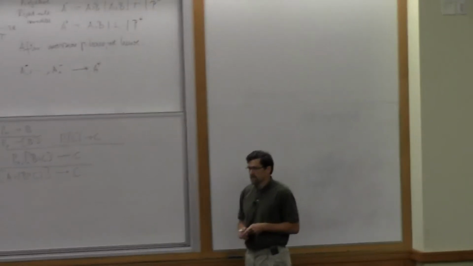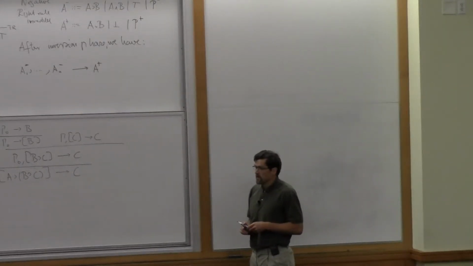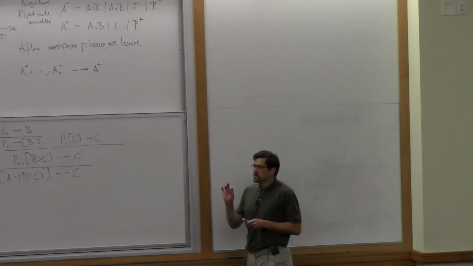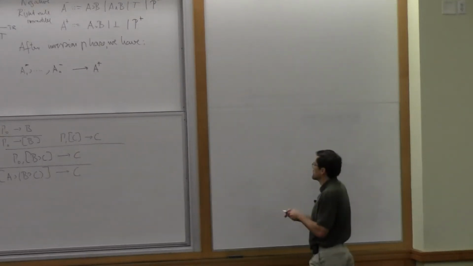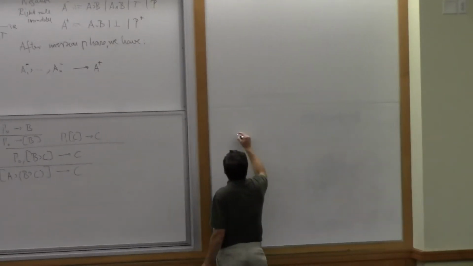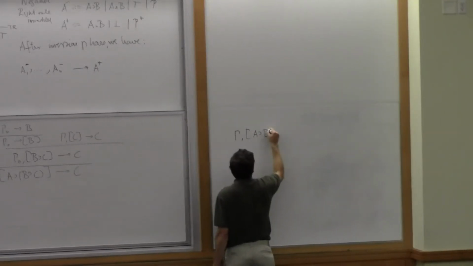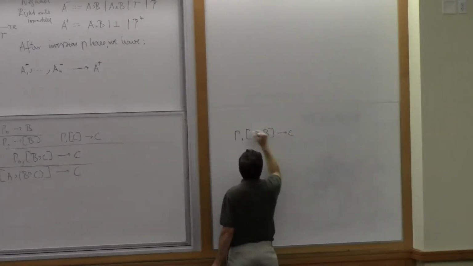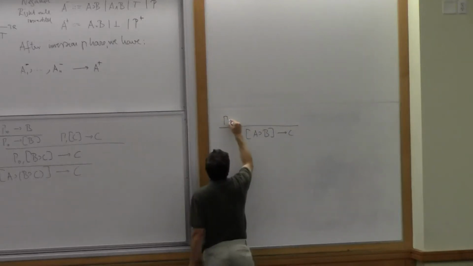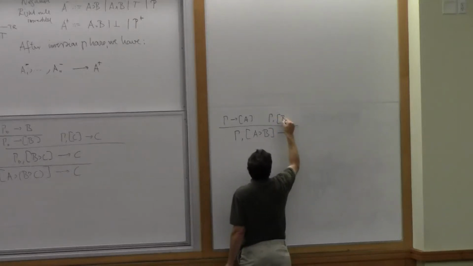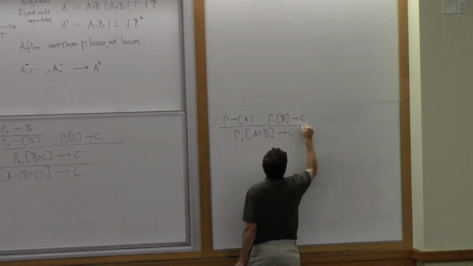Yeah? So there is positive atoms and negative atoms. Yeah. So what does it mean to lose the focus for A? Okay, just hang on to that question while I write the rules. We'll see. The rule for implication looks like this. We have gamma, we have A implies B in focus, while we're trying to prove some C. And we break it down to prove A in focus, and then gamma with B in focus, we've improved C, and that's the implication left rule.